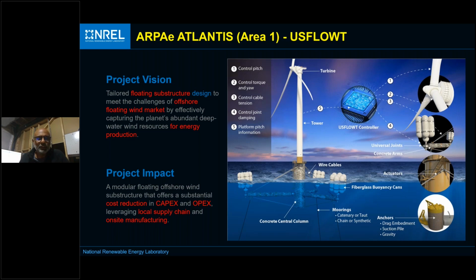The project vision is to come up with a new innovative floating structure to lower the cost of energy, right? So the project impact here is really trying to reduce the cost of the system, capex and opex, and also try to leverage the local supply chain that's available here. So if you look at this